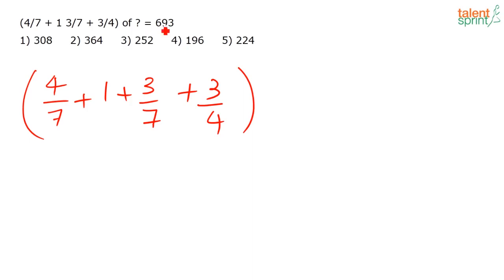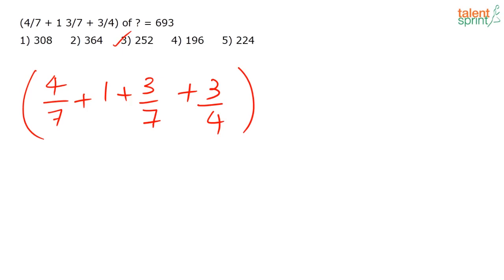See, I'll tell you, 693, okay? Now 9 plus 3 is 12, 12 plus 6 is 18, correct? So this 693 is a number which is divisible by 9. Now let us look at the options and see if there are any numbers which are divisible by 9. If you see, only 252 is divisible by 9. So I can directly say that's going to be the answer, right? This method is also correct. This is another easy way to solve the question.